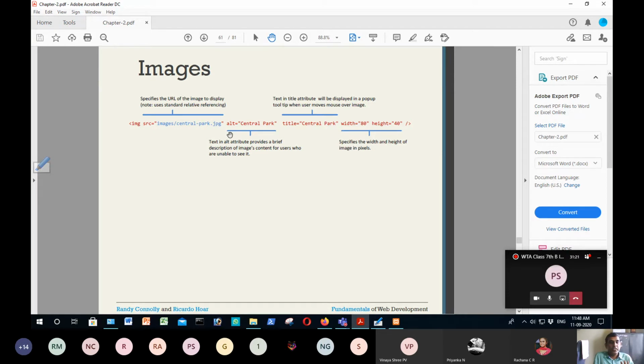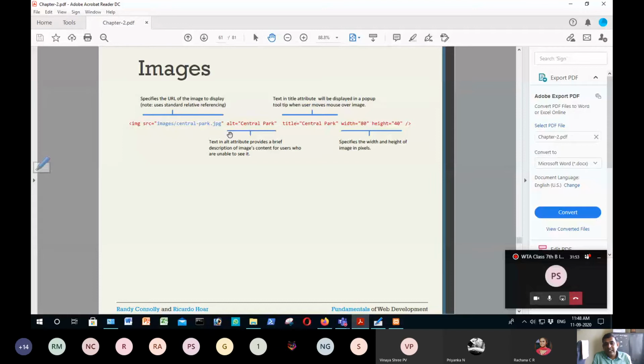That means the alternative message won't be displayed if an image is displayed. If an image is retrieved and displayed by a browser, the alternative message can't be seen. So the alt attribute tells you what alternative message should be placed in the area of the image if the image can't be downloaded. Okay, that is the point. Next, title will tell you what the link is. So Central Path is the text that will be the title. When you click on that, the Central Path image will come in.